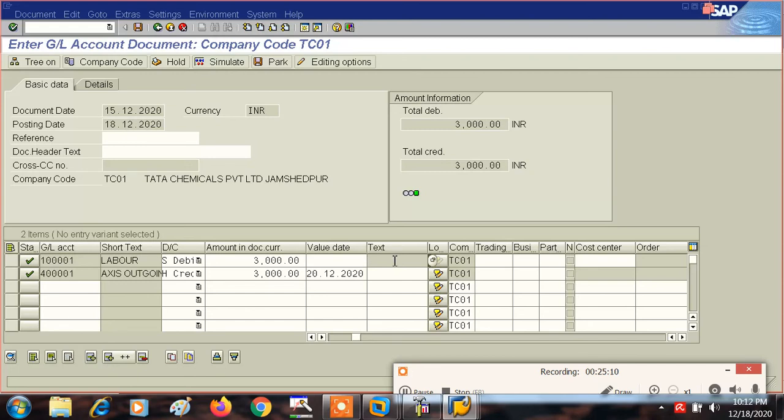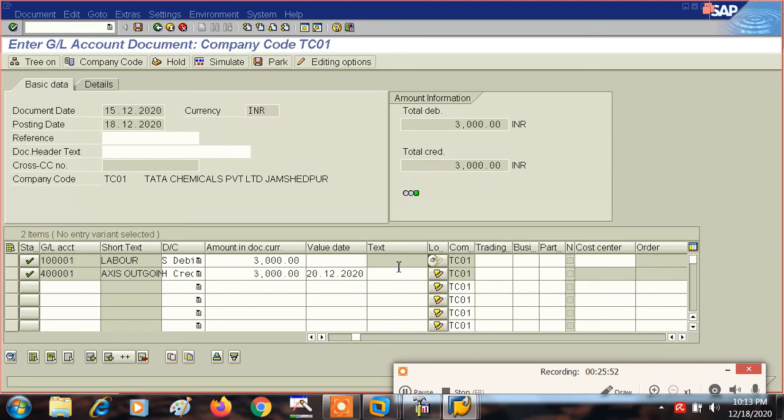So I hope you will find this video very useful, because I have shown you all the three types of things in which you can either keep your field suppressed or displayed, or displayed only, or required field or optional field, right? So suppressed and displayed is the same thing, because suppressed means everything will be displayed. See here, text field is displayed, but you are unable to write anything here. So suppressed and displayed, both of them are the same thing.